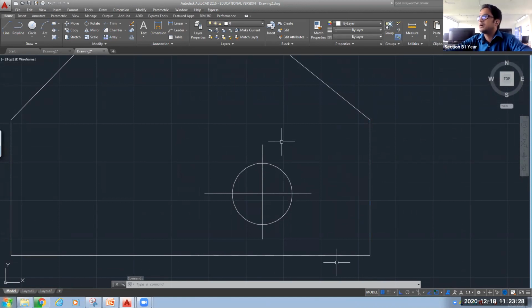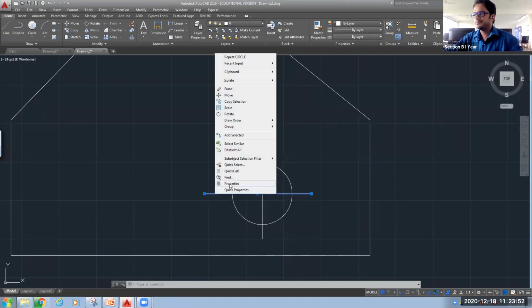For that, one more command is there, that is line type. Pay attention to how to change the properties of any entity. Suppose this is your line; you can call it an entity or an object. Select the line and right click it.